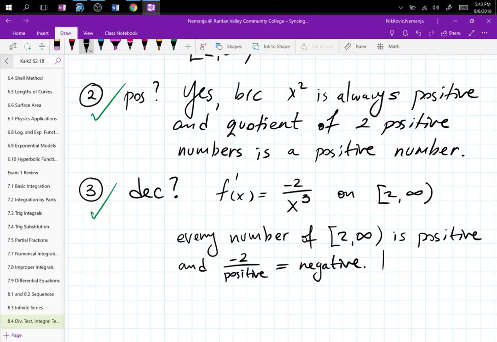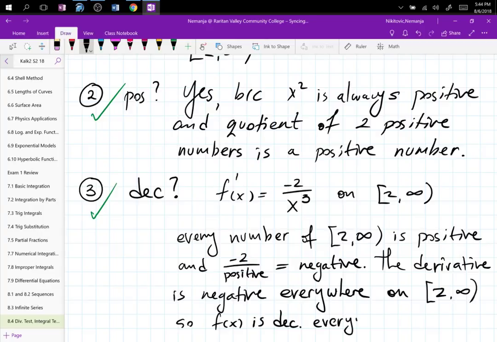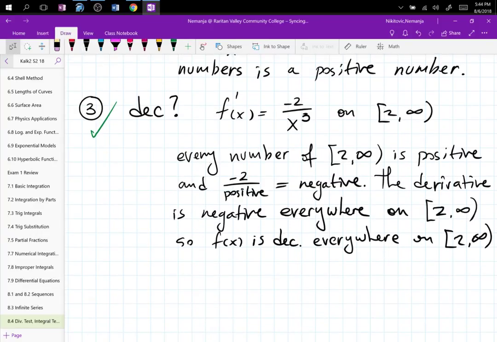Therefore, the derivative is negative everywhere on 2 to infinity. So f of x is decreasing everywhere on 2 to infinity. These proofs, they don't have to be word for word what I'm writing, as long as